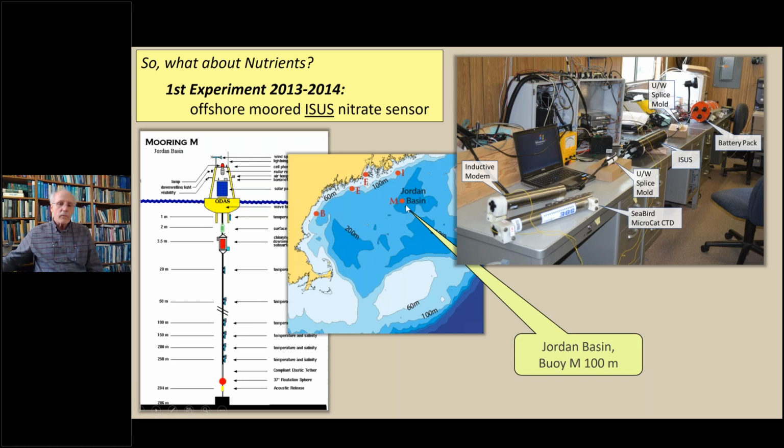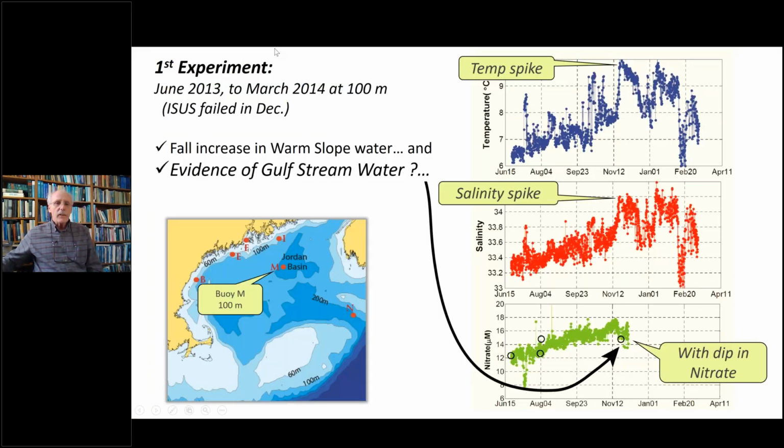And anyway, we had to pick a depth and where to put it. So we put it out in Jordan Basin at 100 meters, just to see what we would find. And what we found was this. This is a record of the temperature and salinity out there at 100 meters from June of 2013 to March of